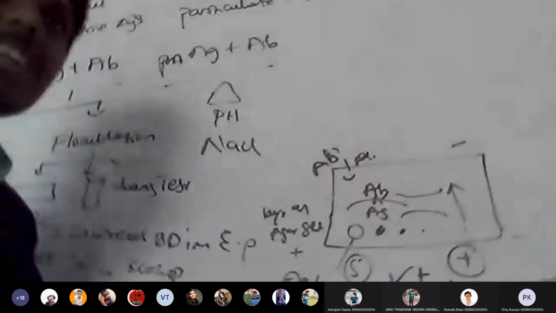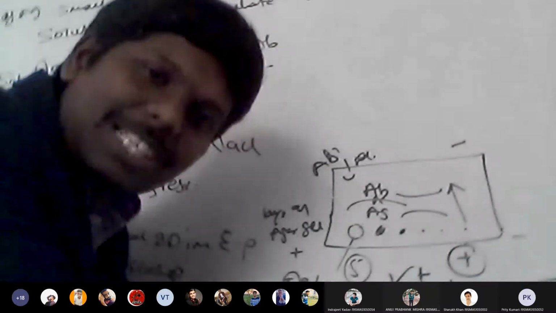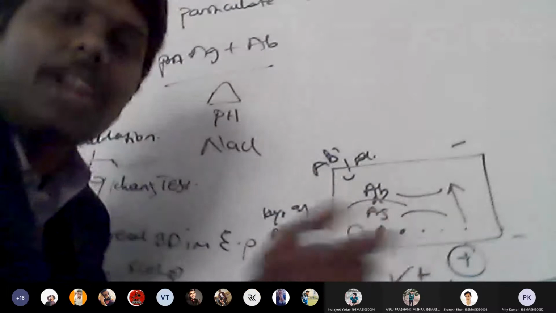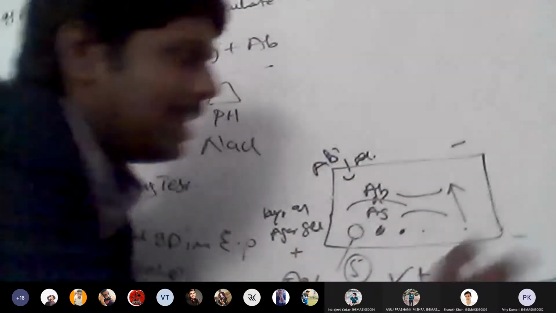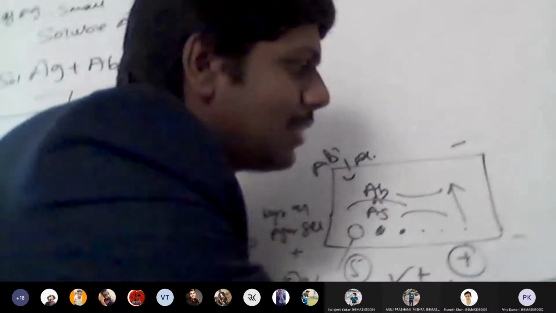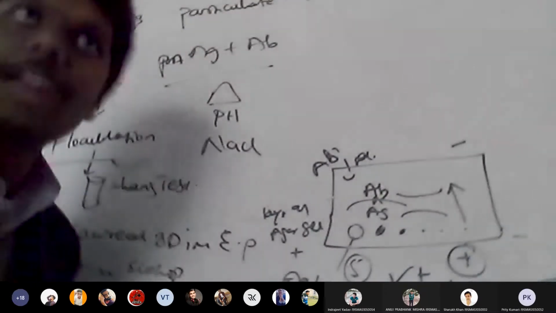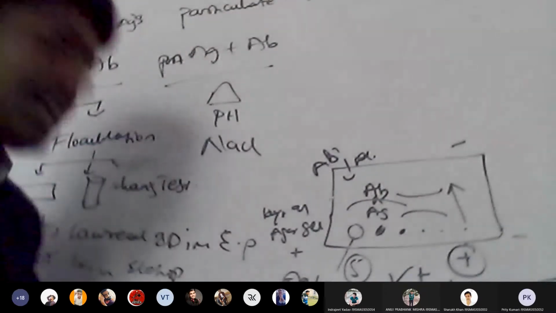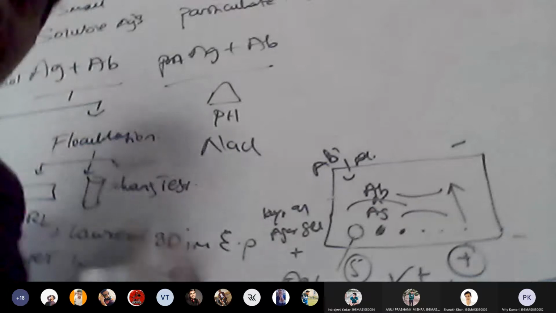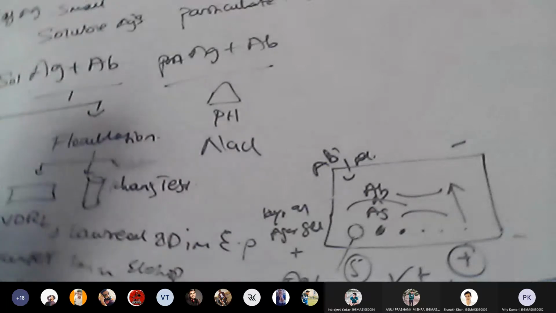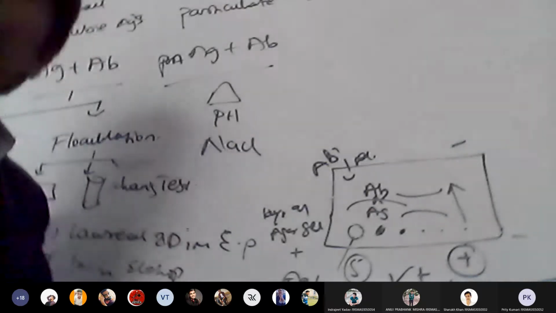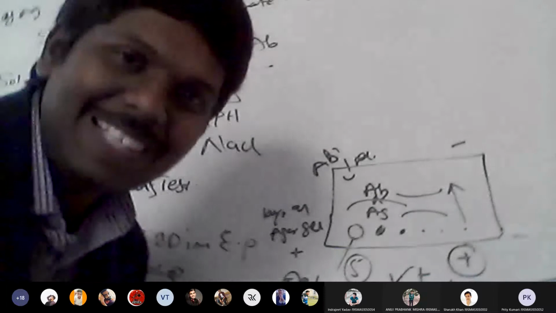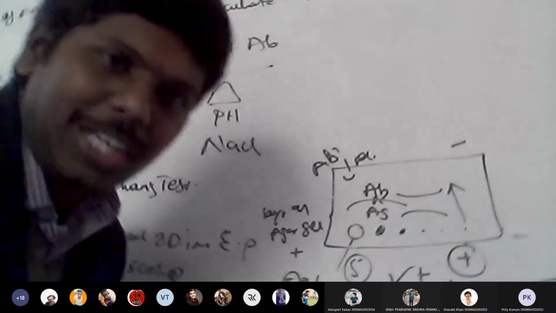A funny way of stating it. That shape, the way they separated and diffused into the gel, looks like a rocket. So that is why it is called rocket immunoelectrophoresis. Simple. There are no SpaceX Falcon Heavy rockets in this. Just telling you. Okay, leave it. It looks like a rocket shape. That's it. So this is all about the precipitation tests.